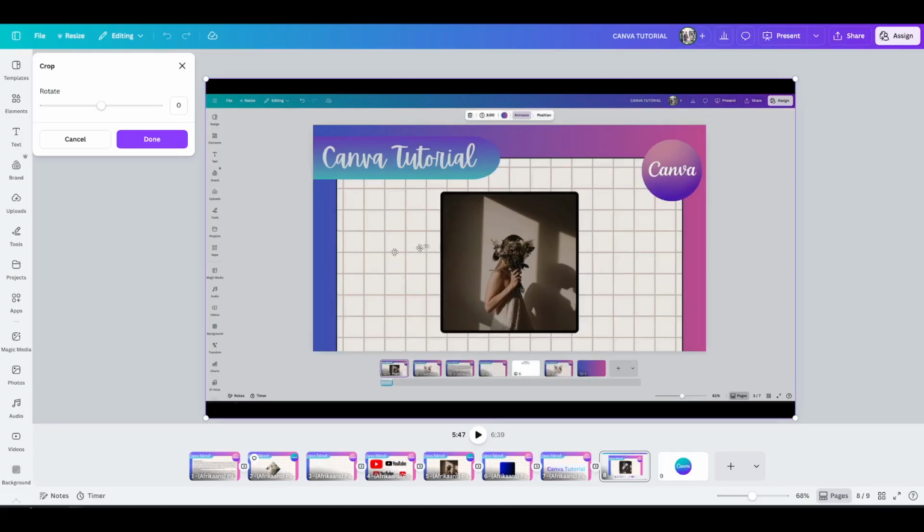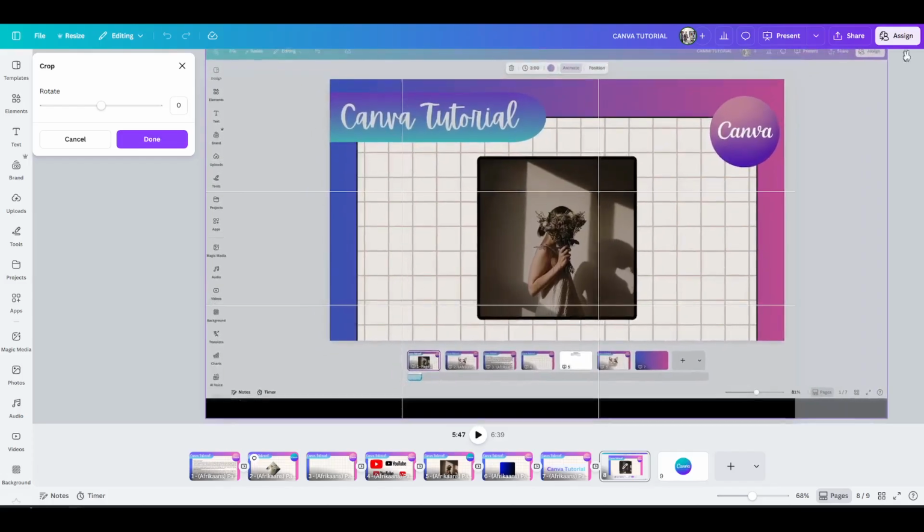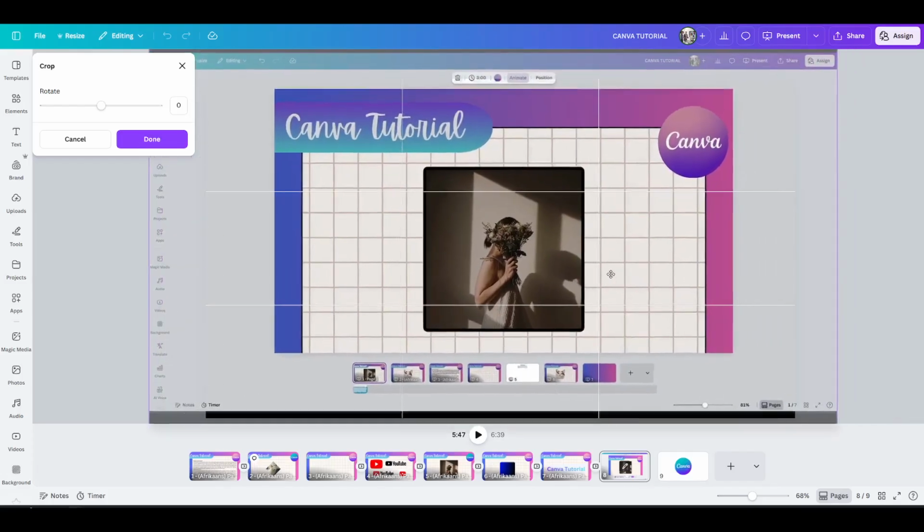You'll notice a bounding box appear around your video with handles at the corners and edges. That's your visual cue that you're ready to make the adjustment. From here, click and drag one of the corner handles outward. As you pull that corner away, the video scales up evenly, which means it zooms in while keeping the original